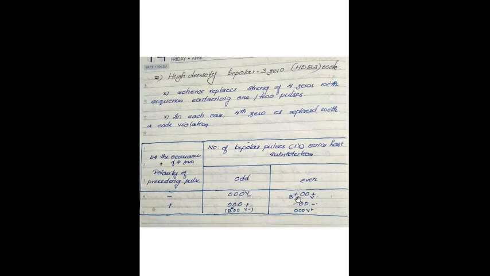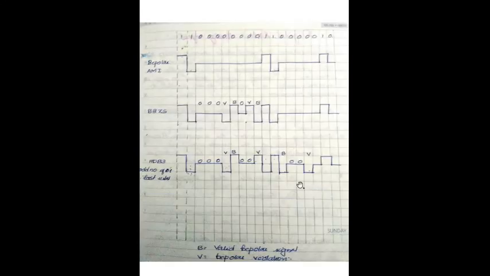So how is it encoded? Plus 0 0 plus. So it becomes B, that is a valid bipolar. Why? The previous one is negative and the next one becomes positive, so it is in line with the bipolar AMI property. Then 0 0, then it becomes a violation. Why? If the previous one is positive, the next successive one should be negative, but it violates the bipolar AMI property, so it becomes V.